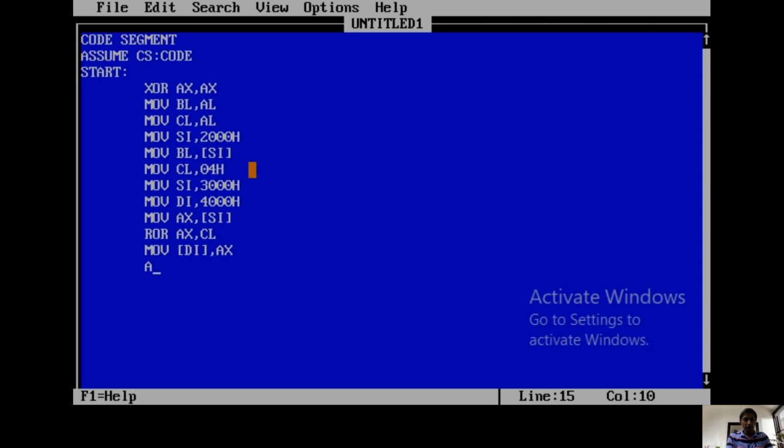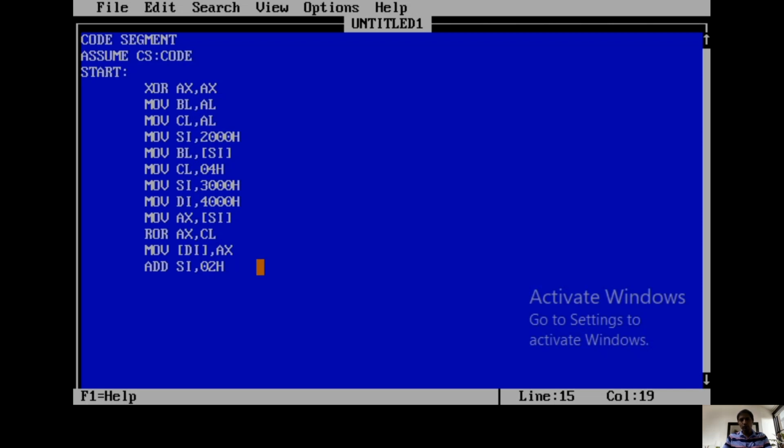So in order to repeat, we need to select the next location for selecting another number. For that, ADD SI, 02H. Why am I writing ADD? Because it's a 16-bit number. The first number is a 16-bit number. Now I need to select another 16-bit number in 3002 and 3003. Initially SI is 3000, so if you write ADD SI, 02, it becomes 3002. So from 3002 and 3003, we are selecting the next 16-bit number.